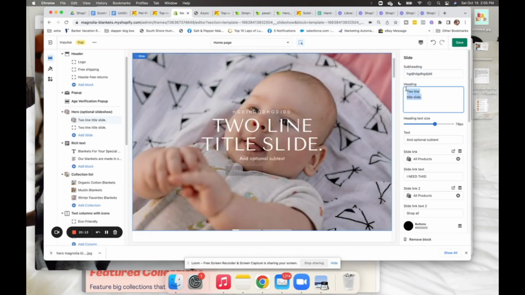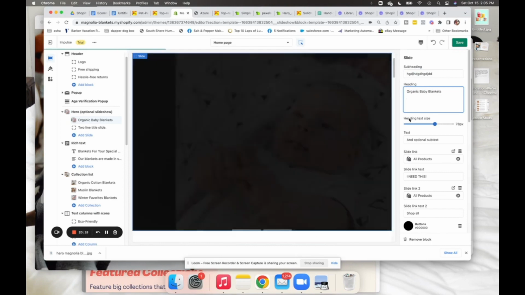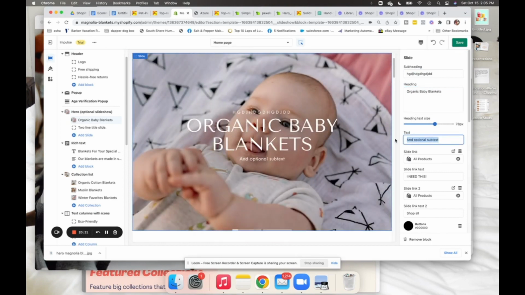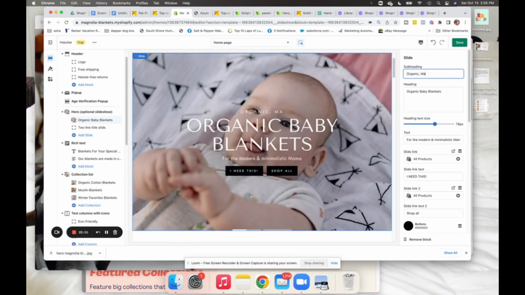So this would be something like, the heading would be organic baby blankets, like boho and minimalist, or like modern and minimalist. I can't spell that. Minimal. Okay, so organic made